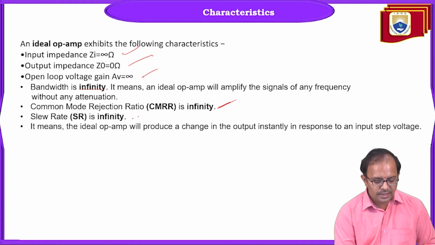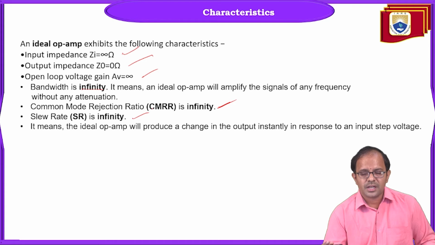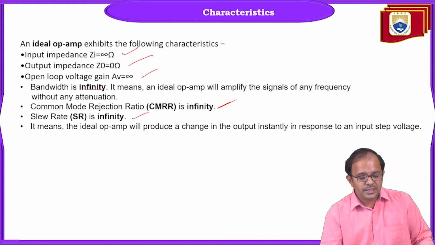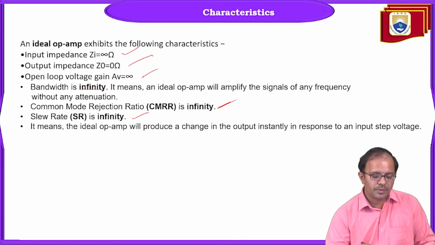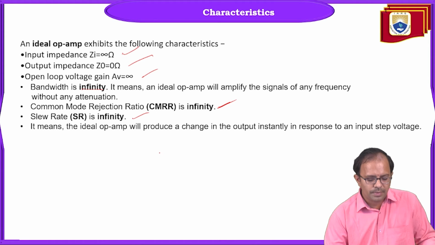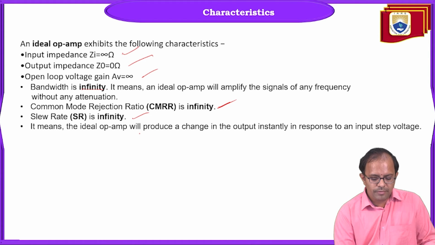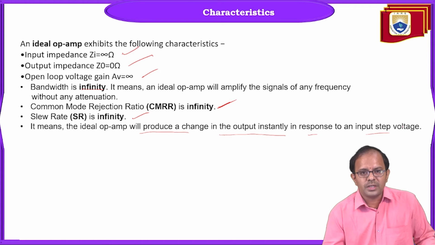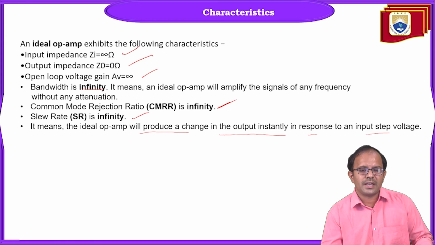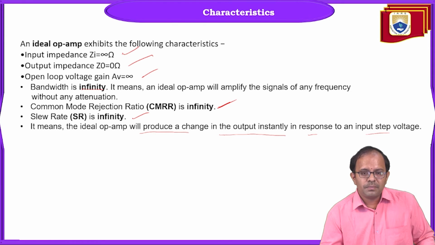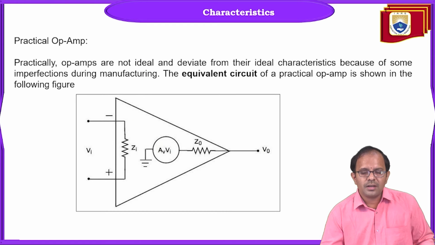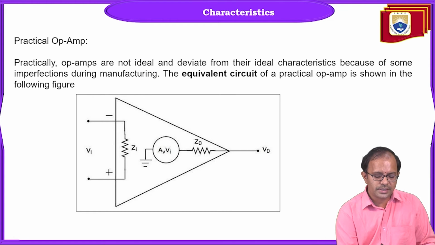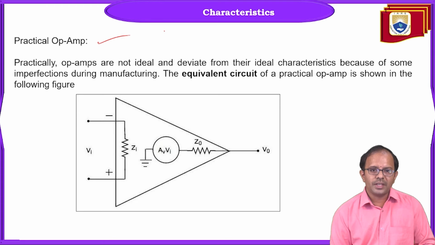And coming to the slew rate, it talks about the rate of change. It is again sufficiently high, and it is supposed to be infinite in the case of an ideal op amp. Which means the op amp will produce a change in the output instantaneously in response to an input step voltage. So these are the basic characteristics of an ideal operational amplifier. Now coming to the practical operational amplifier, here you can find the equivalent circuit